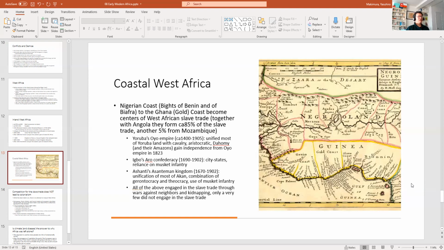So they were roughly... Oh no, wait, yeah. I did the math wrong. This area here is roughly 45%, and the Angolan and Congo is roughly 40%. Together they make up roughly 85% of the slave trade, and another 5% comes from Mozambique. And then there are bits and pieces of slave trade from other parts that come out of Africa to the New World. So the bulk of the slaves that come out of Africa and arrive in the New World come out of West Africa, or they come out of Central Africa.